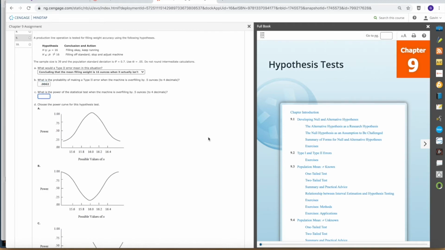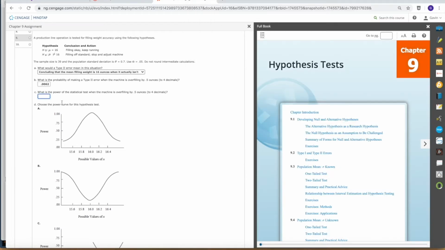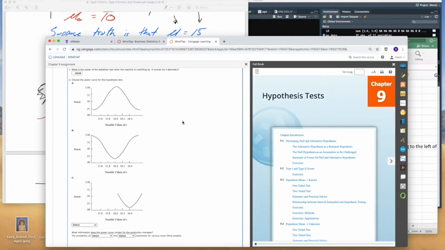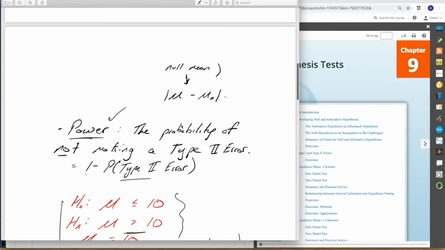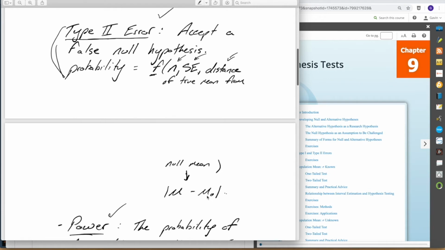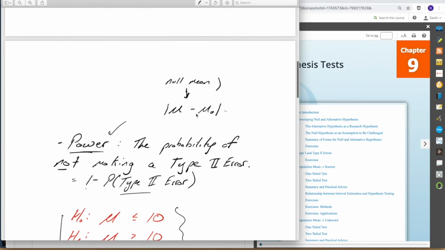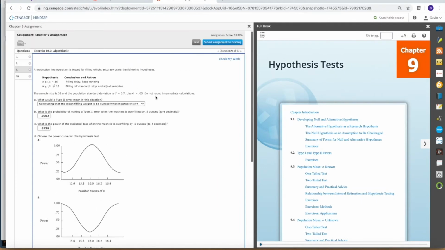The power of the statistical test is 1 minus that, 0.9938. And now real quickly, remember when we talked about the type 2 error? The probability is a function of the distance between the null mean and the true mean right here. Well, the power then also must be a function of the difference between the true and the null mean. So in this hypothesis test,